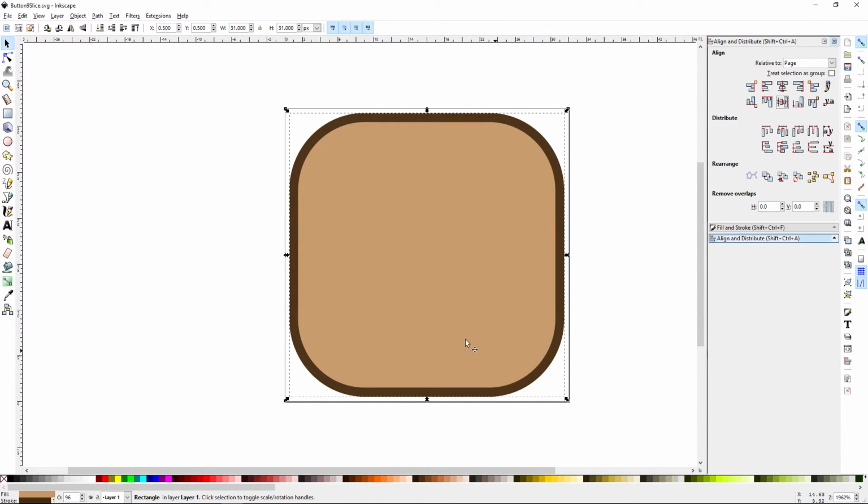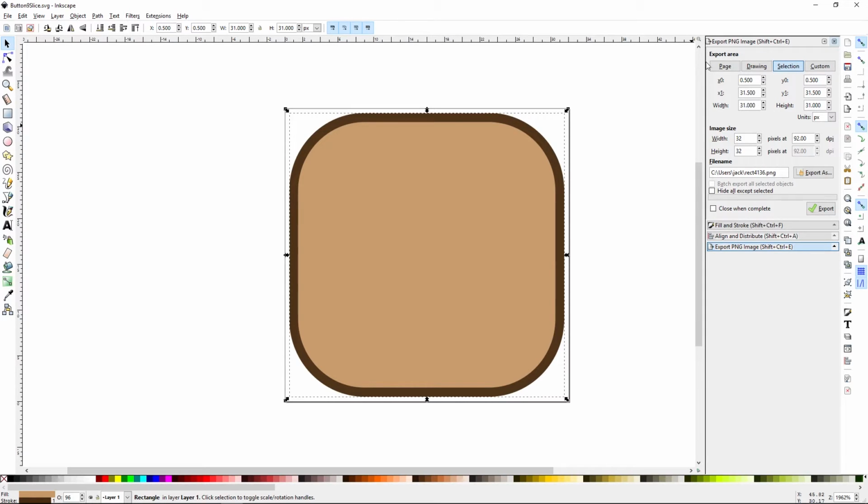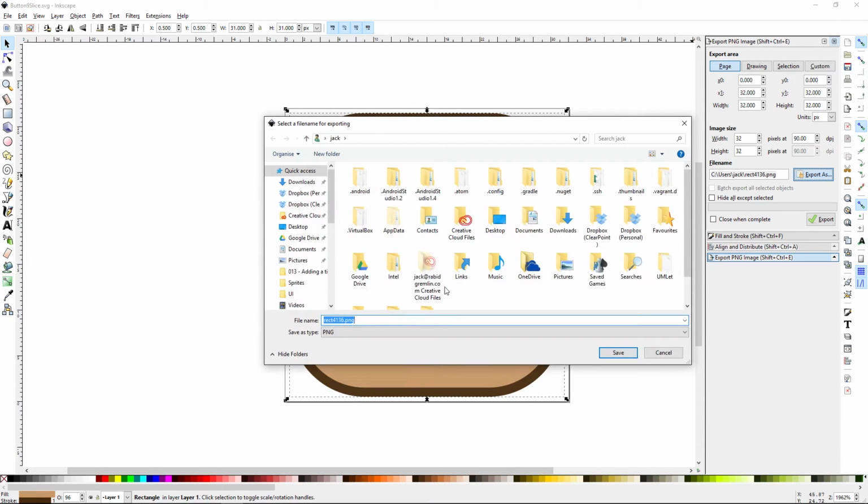Okay, so now we need to get this into Unity, and the way we do that is we go to the file menu and say export PNG image. This will bring up the export option panel for us. The first thing to do is we don't want to export just the selection, we want to export the entire page. So we click on the page option there, and we double check that we want to export at the width of 32 pixels by 32 pixels. And then we've got to tell it where we want to export it to. So we're going to say export as, and we're going to find our